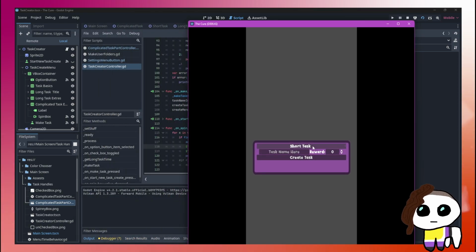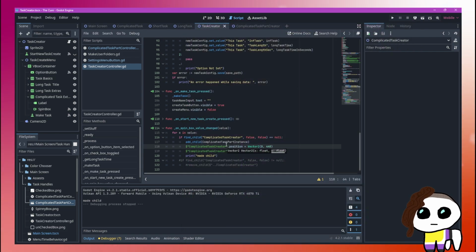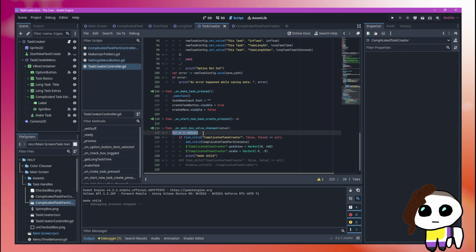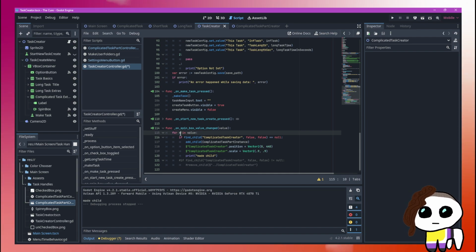So if I go into here, I create a complicated task. I go up by one. It made a child. And it only made the one. Okay. So what I want is for the value. For x and value. I guess I could also label this